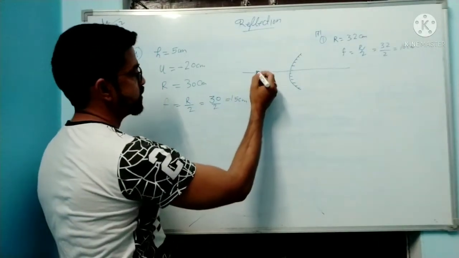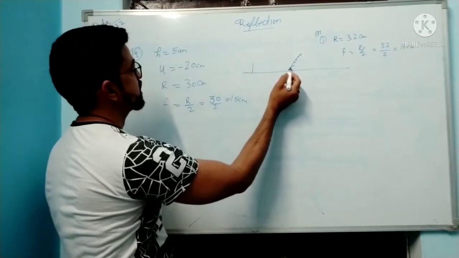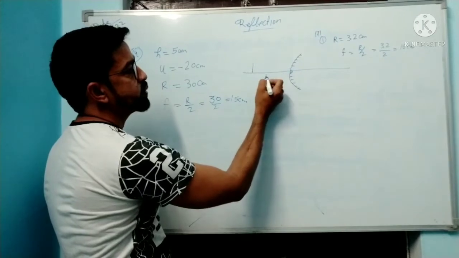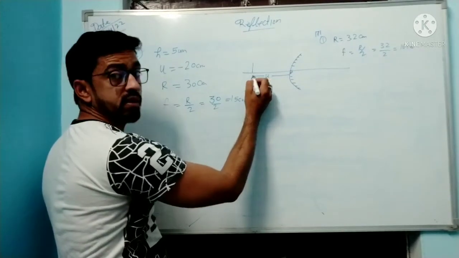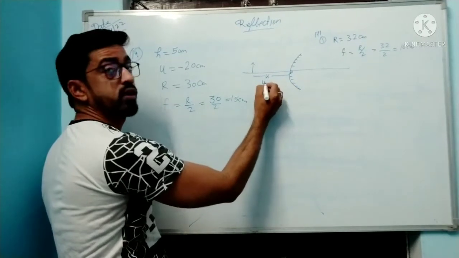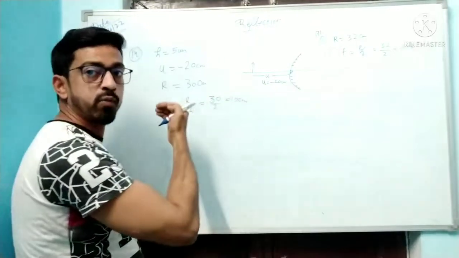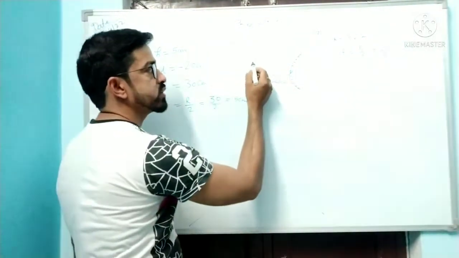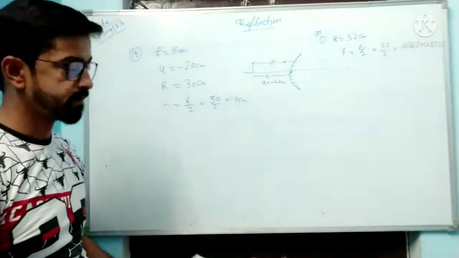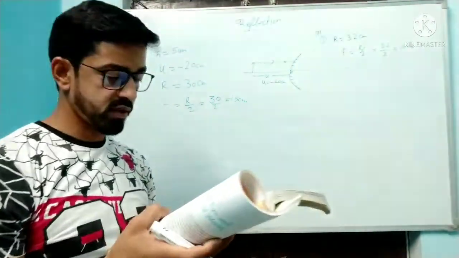Okay. So where is our object placed? 20 centimeter. Now understand. 20 centimeter from the pole, u is equal to 20 centimeter along back. Okay, so u is equal to minus 20 centimeter. It is opposite to the incident. Now strike a line for image formation.